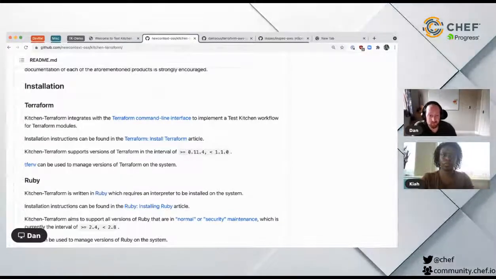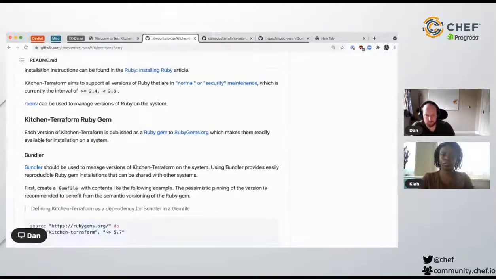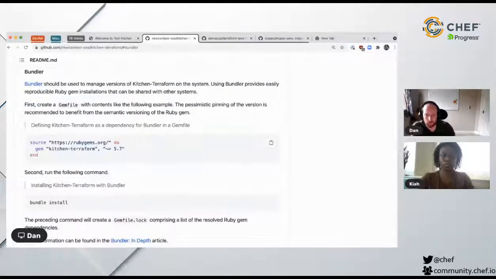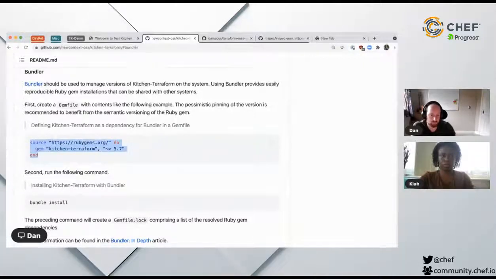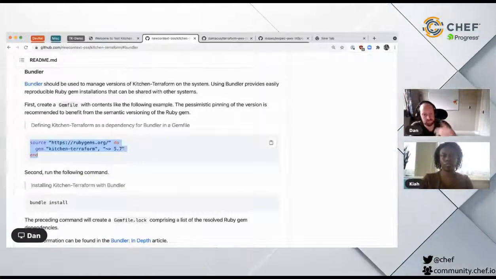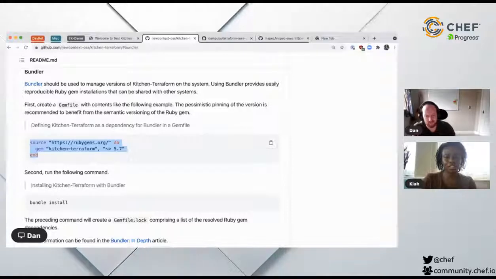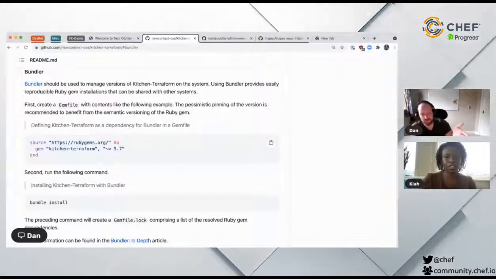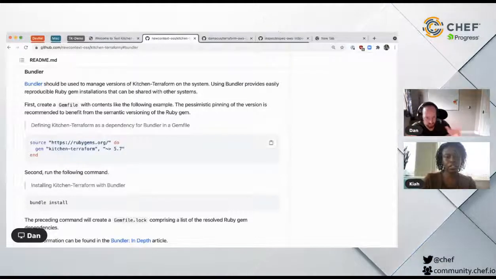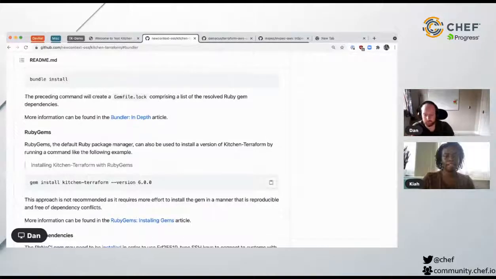So to get a separate environment, we use Bundler for Ruby. And let me see if we can find the instructions. We just say Kitchen Terraform, and then we could pin the versions and that kind of stuff. I'm not pinning the versions because I want the latest version, and then I'll let Bundler of Ruby gems figure out which versions are all compatible with each other. I'll demonstrate that in a second, and then once you've got your Gemfile set up, you just do bundle install, and it installs into a local cache. It's really nice. You end up with your Gemfile.lock, and then you just do